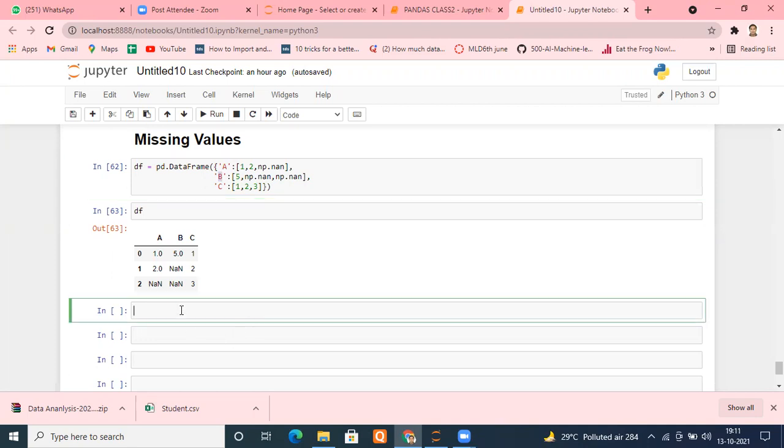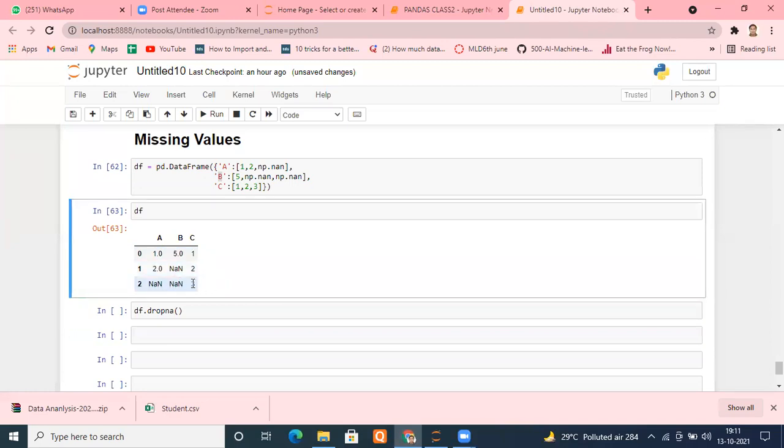See, I'm using df again. There is a function known as drop; to drop anything we use drop, but now the term comes dropna. You want to drop the NaN value or the missing value, so the function is dropna. It will remove all the rows which have NaN, the missing values. If I use it, see, the first row is not having any missing value, but the second row is having, the third row is having missing values. I want to remove them.